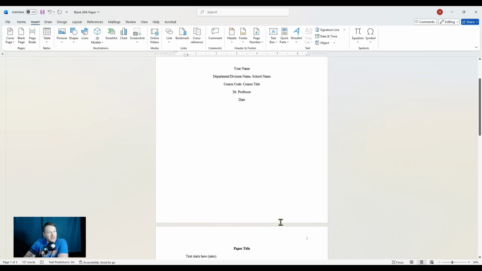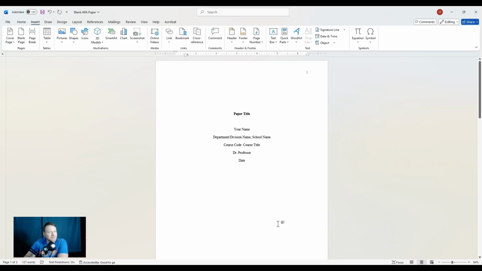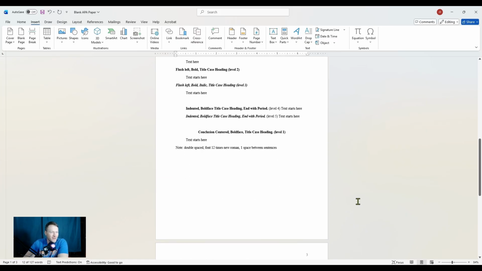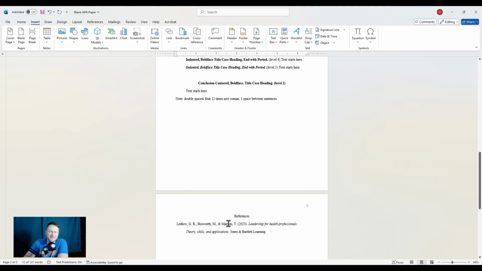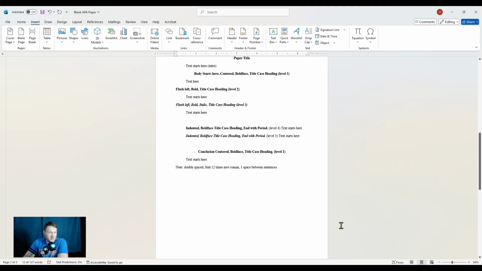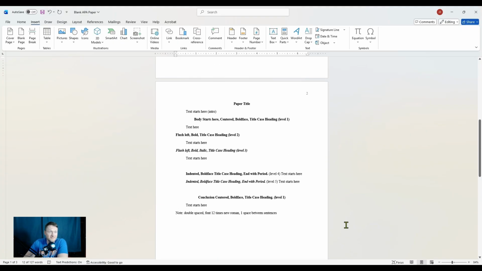But yeah, when I need to write a paper for my course, I pull out my blank one, I save as, so I get a new copy of it. I update all this information here with what it needs to be for this specific class, and I save that in my folder with the rest of my documents for that course. That way I'm organized and I know I can find everything when I do need it. And I put my textbook down here just because I'll probably need it for that course. But all right, so that is the basic template of the APA paper, the title page, the formatting of your headers,